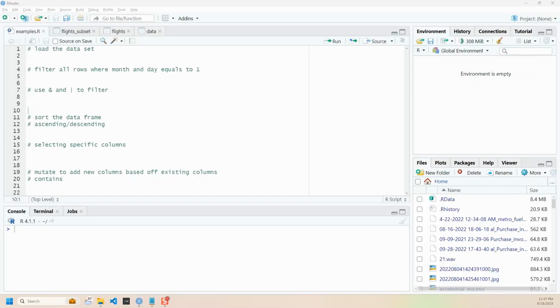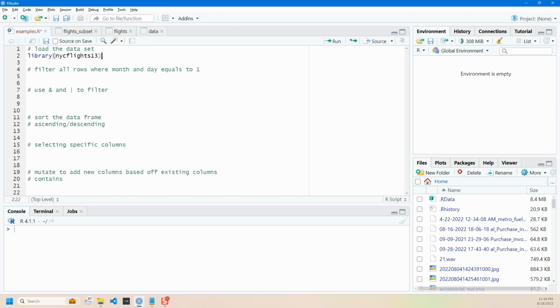Today we will be exploring NYC flights data with R script and the dplyr library. Let's load our relevant library for NYC flights. We do that by writing library and then giving it the library name. Then from nycflights13, we load our dataset using double colon and assign it to simply a variable called